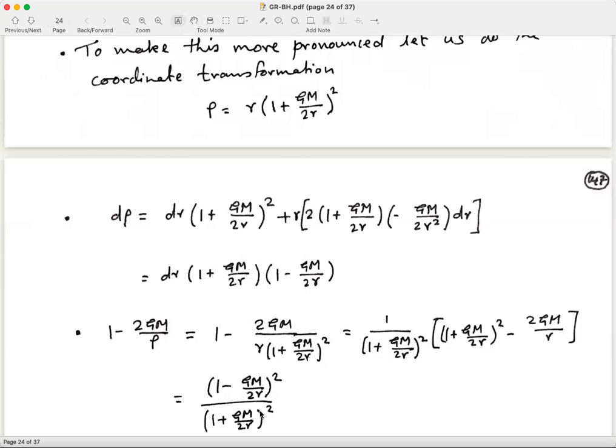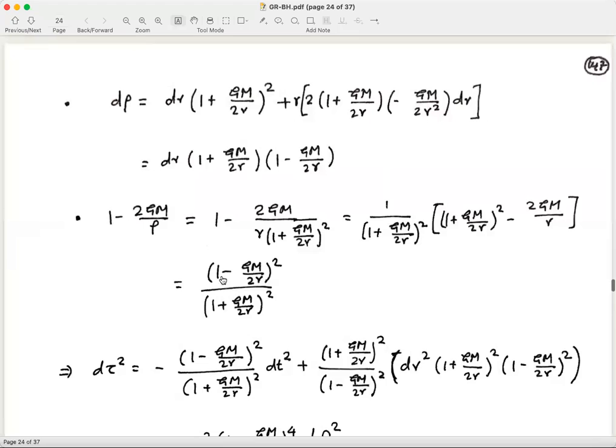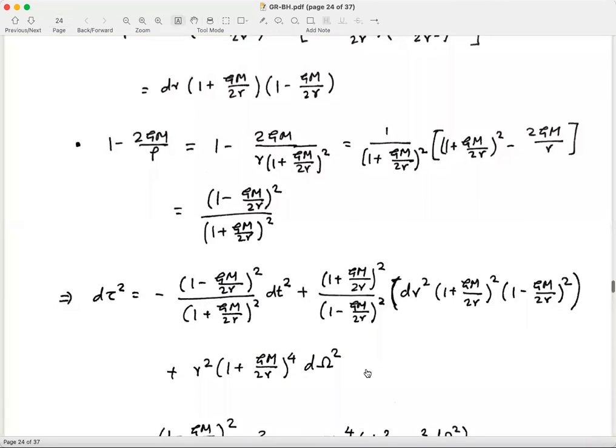Therefore, what you get is the result of this type: (1 minus GM upon 2r) whole squared upon (1 plus GM upon 2r) whole squared. That is what this quantity is. Once you do that, you put it back in the metric. 1 minus 2GM upon rho occurs in the numerator for dt squared, in the denominator for dr squared. So let's plug it in. This is d tau squared equal to minus (1 minus GM upon 2r) whole squared upon (1 plus GM upon 2r) whole squared dt squared, plus the other way around term for dr squared. This quantity in the denominator, this in the numerator,